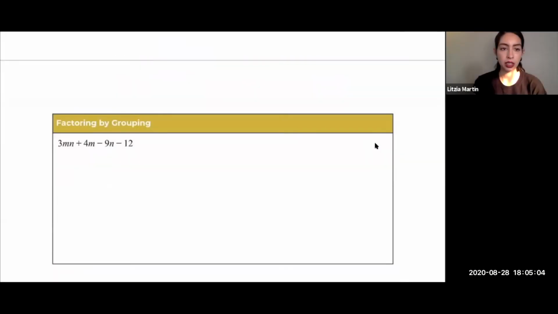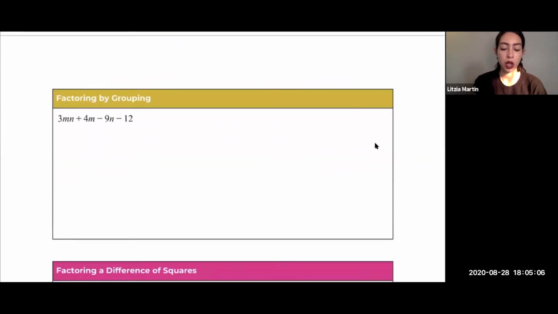Next, we're going to take a look at how to factor by grouping. So what is the pattern that we're looking for when we decide if we are going to factor by grouping? Well, the pattern is you need to have 4 terms. So if we look at this example here, we've got 1, 2, 3, 4 terms. So that checks out. And the reason we need 4 terms is because we are going to break it into